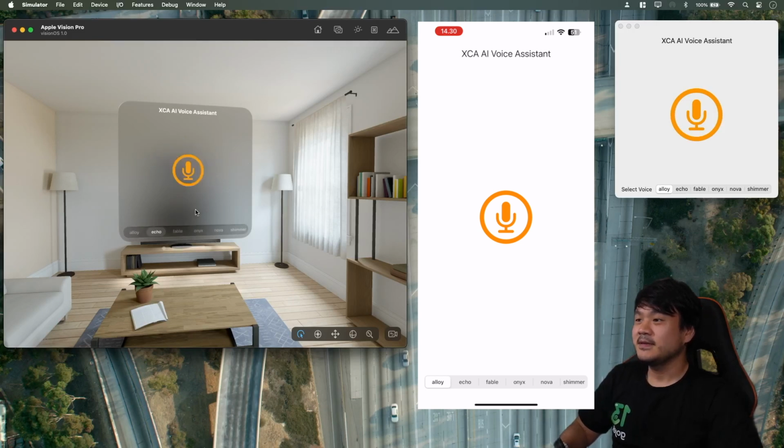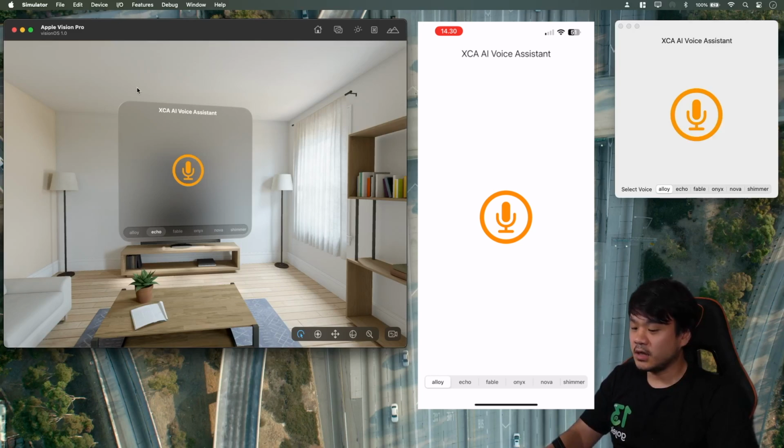Okay, and that's the demo of the AI voice assistant application that we are going to build. We're going to utilize all the OpenAI APIs, such as the GPT4 model, the Whisper API to convert audio to text, and then we're going to use the new TTS API to convert text to speech from the GPT response. Okay, and that's it. Now let's begin.